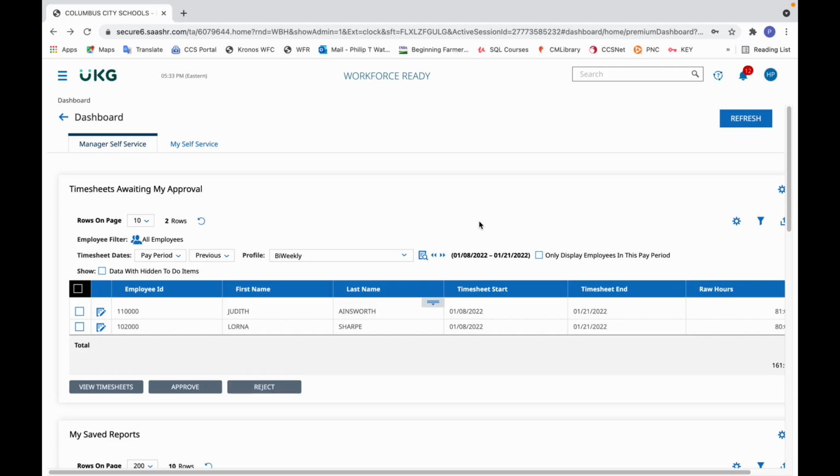Kronos approvers must approve all timesheets at the end of each pay period. The deadline for timesheet approvals is 11:59 p.m. Monday following a payday. Timesheets are locked for editing or approving on Wednesday morning following a payday. If an approver tries to approve a timesheet after the pay period has been locked for approval, they will get